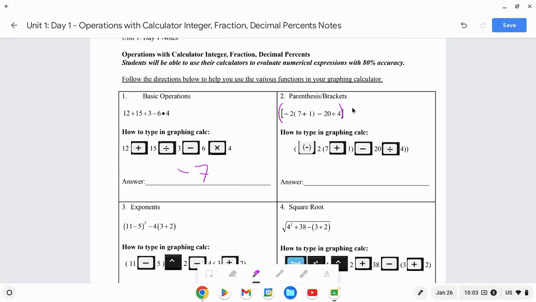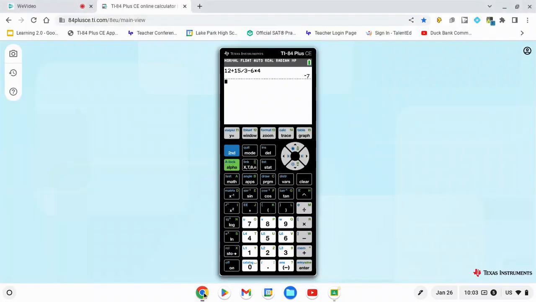And it's also important that you type everything in exactly as it's written out. Otherwise, you may not get the correct answer. So hit clear in the right-hand corner above this little caret button to clear out anything to get ready for your next equation. So for this one, we are going to type a parenthesis instead of a bracket. And then negative sign is right here in the white below the 3. So it would be -2. And then parenthesis is right above the 8. And then 7 plus 1, close the parenthesis,